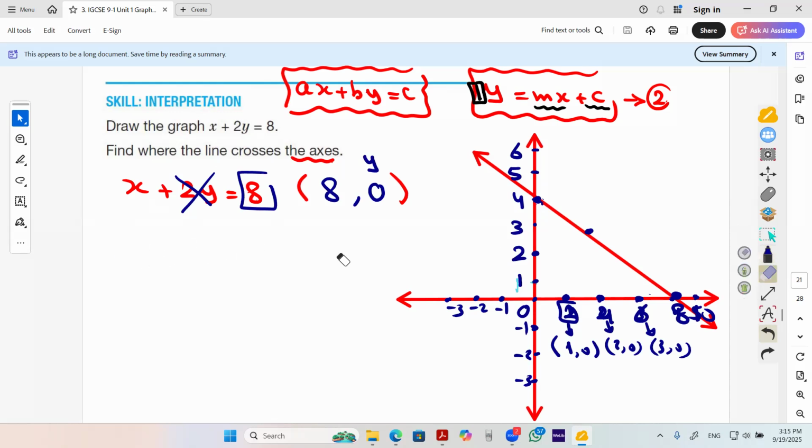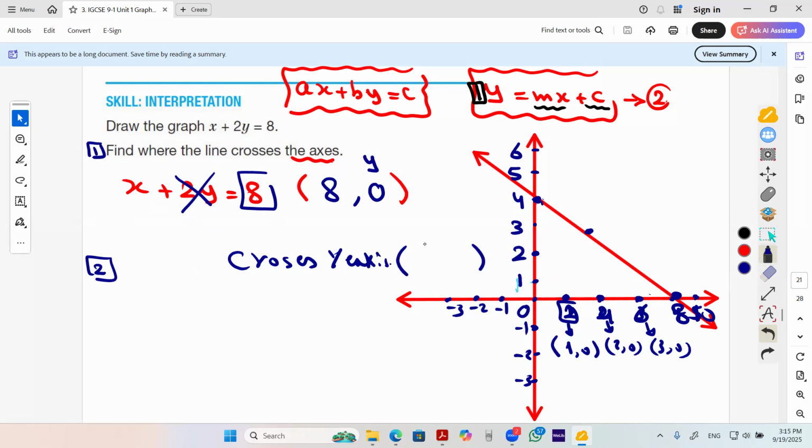How can we get the intersection point with the y-axis? If the question asks me to find where the line crosses the x-axis, it may also ask me to find where the line crosses the y-axis. Very good. Y-axis. At the y-axis, all the points have